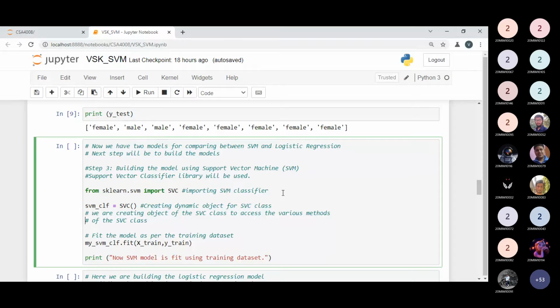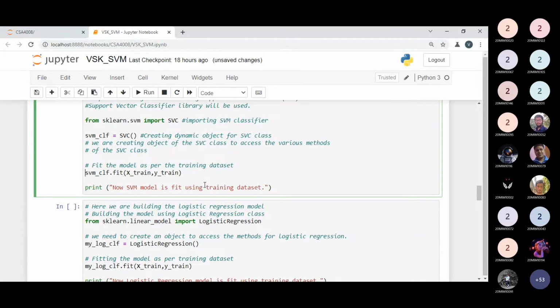And now I'm fitting my model to the X-train data and Y-train data. After executing this code, my machine learning model, the SVM model, will be created. So now I can write over here: now the SVM model is built